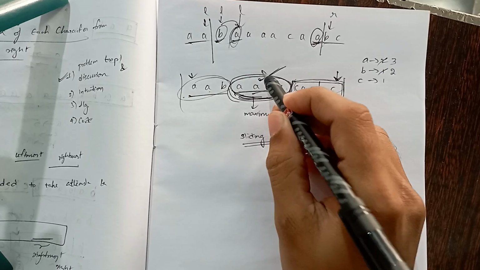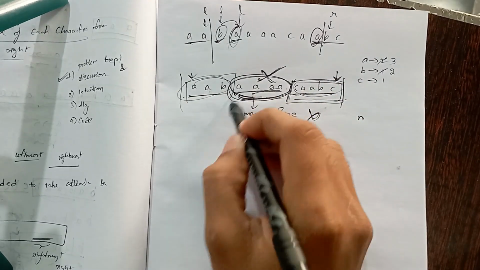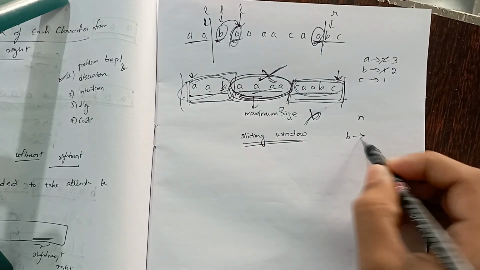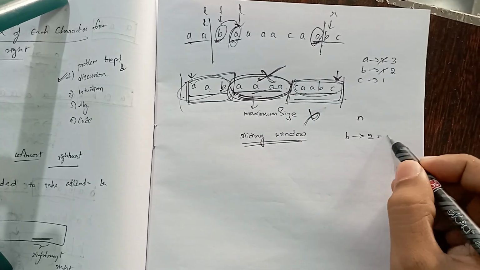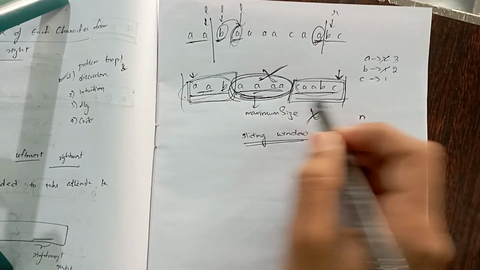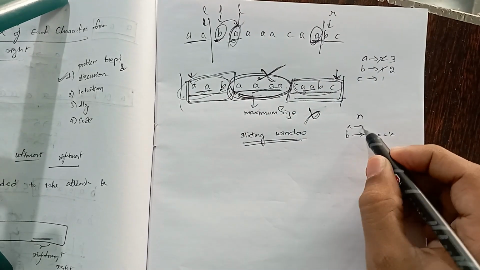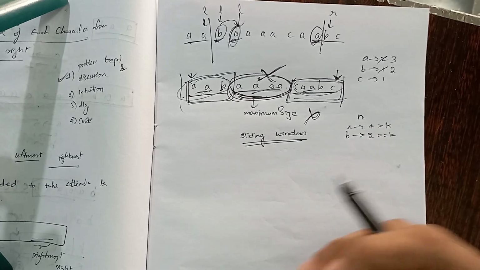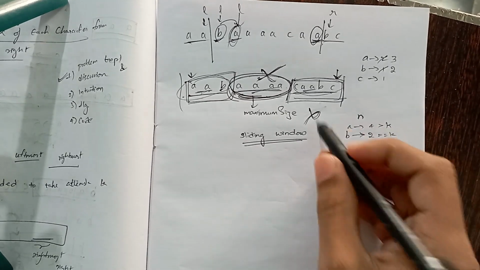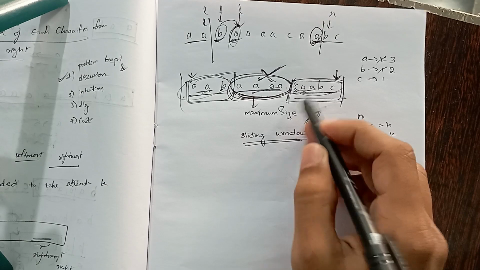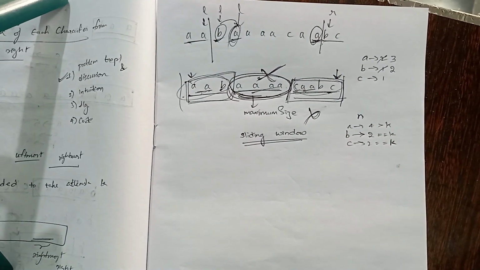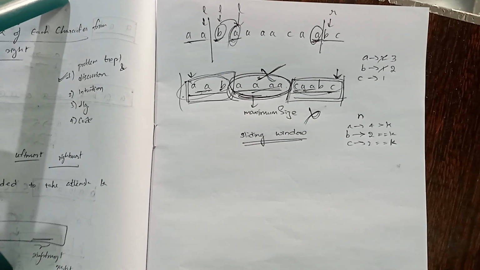If you remove this substring from the string and consider these two substrings, we are having b for 2 times which is equal to k, and a for 4 times which is greater than k. As we are given at least k, we can consider this, and c for 2 times which is equal to k. So we need to consider